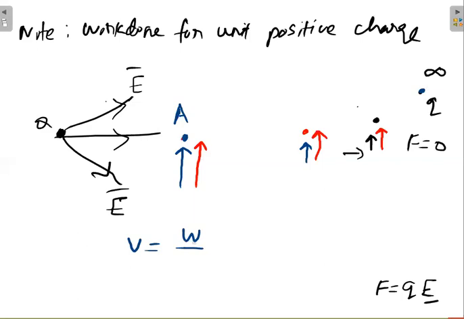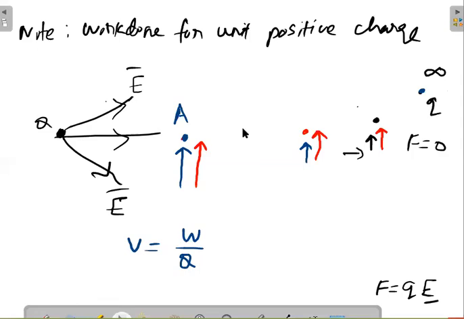You have spent some energy, the total work done by you in taking the charge q to point A. But what is the energy spent per unit charge? That is called work done for unit positive charge. So what is the definition of the voltage? Instead of taking q here, you take a unit positive charge.